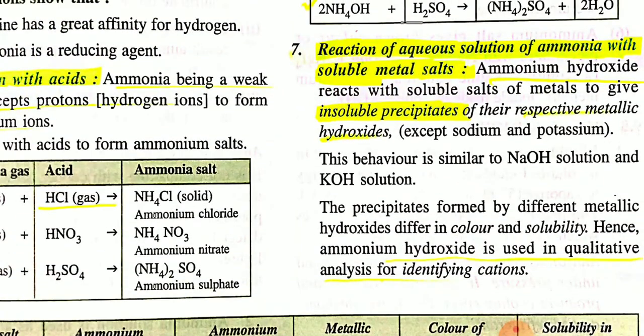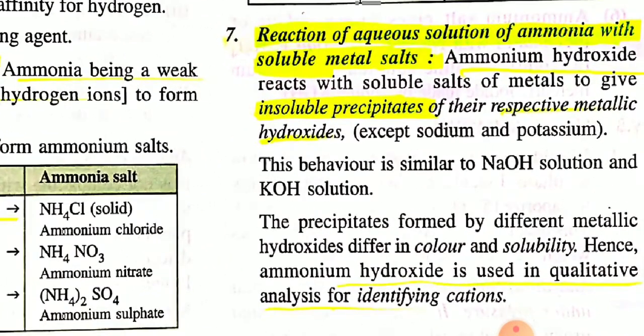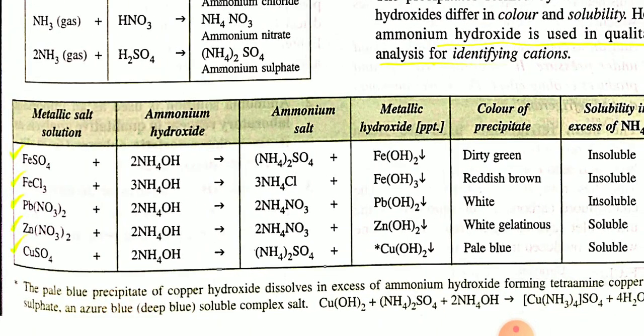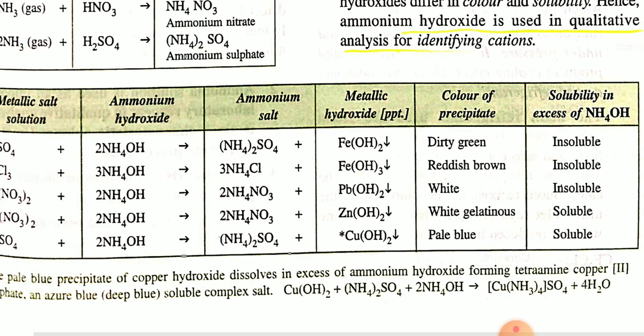Now see reaction of aqueous solution of ammonia with soluble metal salt, such as when ferrous sulfate reacts with ammonia solution, that is ammonium hydroxide, NH4OH, the products are ammonium sulfate, (NH4)2SO4, plus metallic hydroxide precipitate, Fe(OH)2. The color of the precipitate is dirty green, which is insoluble in excess ammonium hydroxide. We have already studied this reaction in the chapter